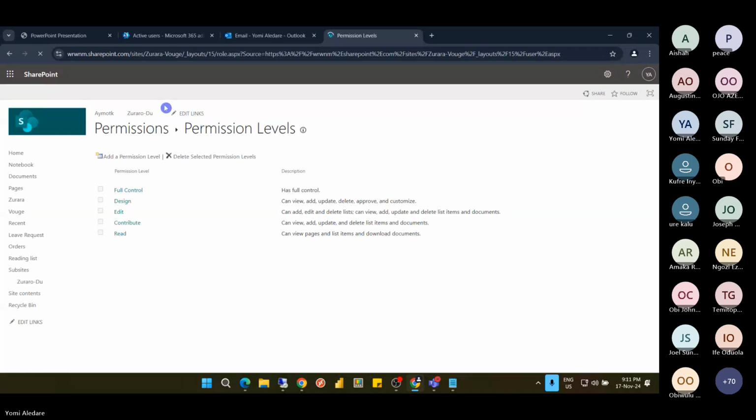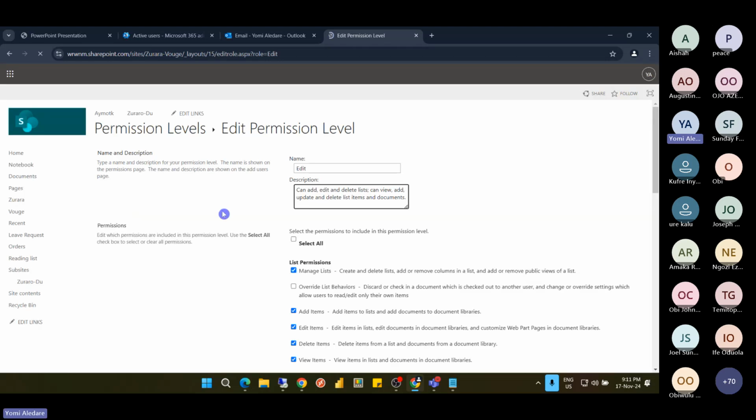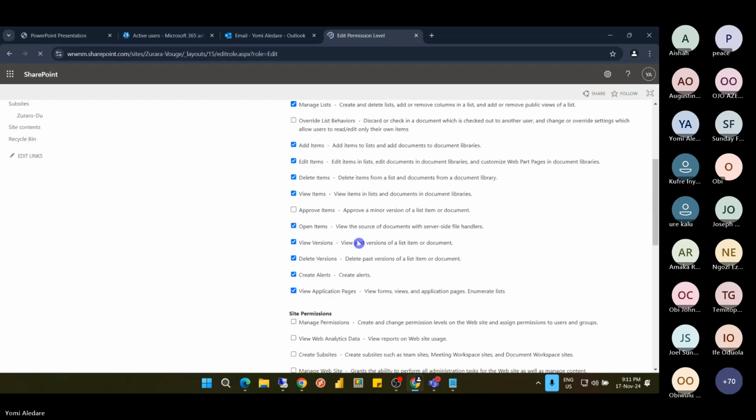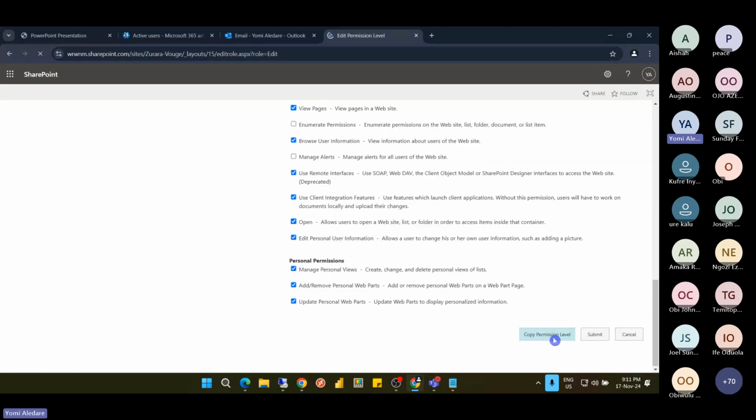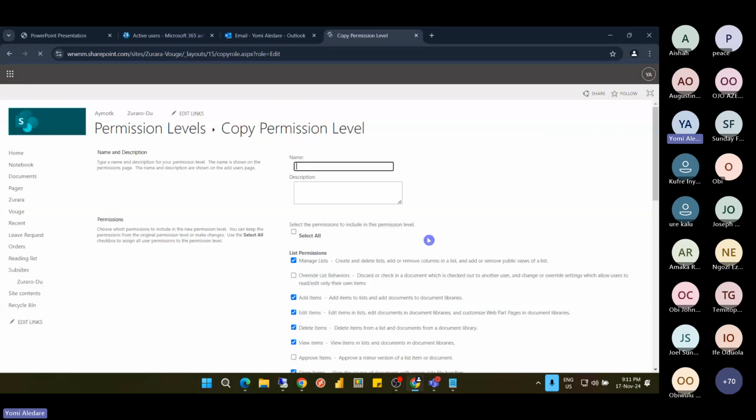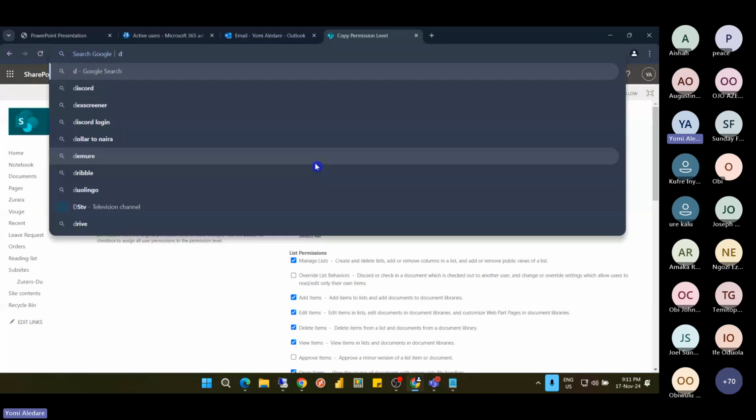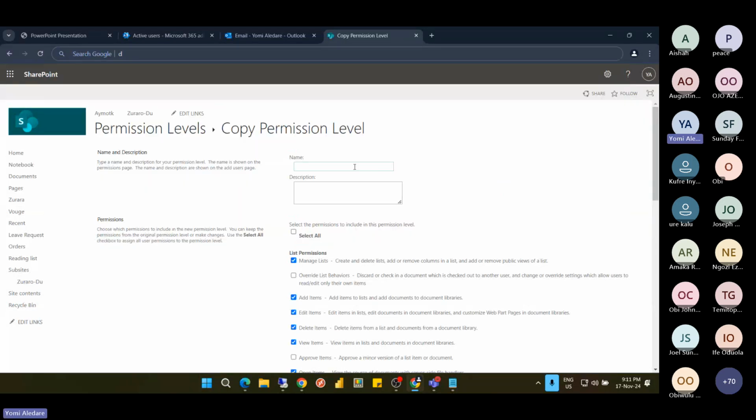Now I'll just click on this edit. Then I'll go to the bottom. I'll look at this copy permission level. I'll click on copy permission level. By so doing, I've copied the edit permission. So I'll now give it a name. I'll give it the name, edit